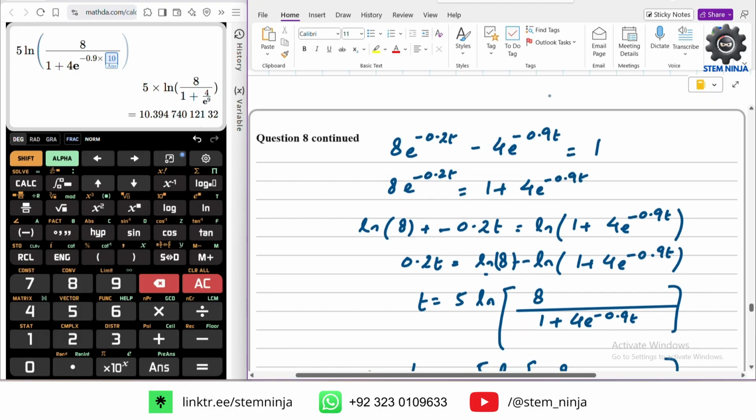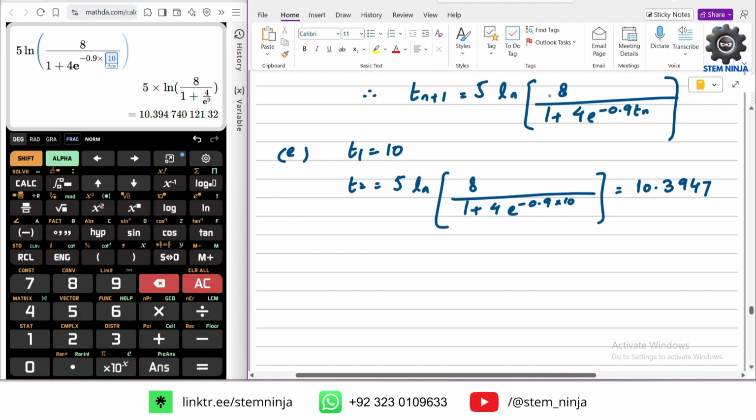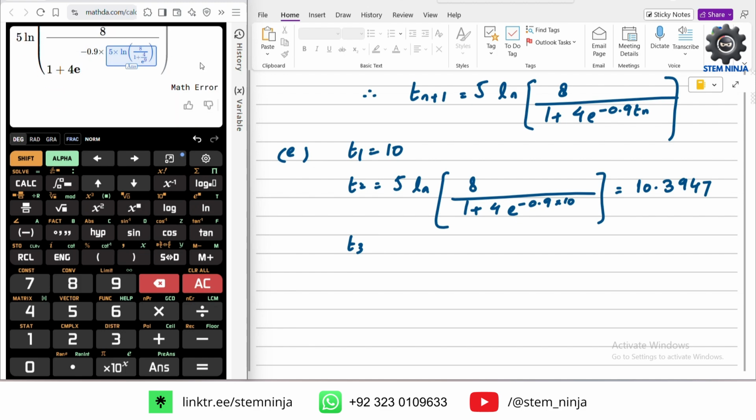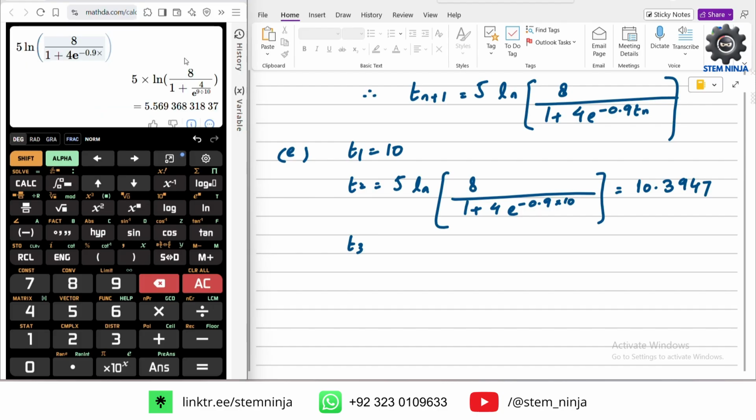10.3947. Wait, do we need m in 4 decimal places also? That means we need to check up until 5 decimal places. Okay, so we carry on. And now it's, wait a second. If this is, let's say, 10, we get this. Okay, now if instead we have the answer,